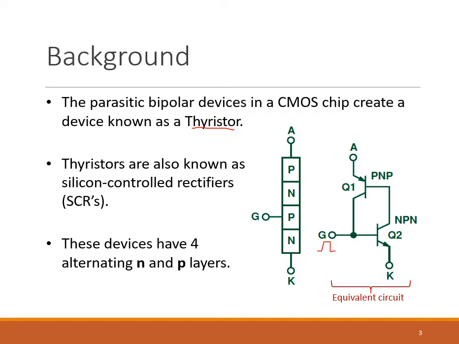When this pulse is applied, the transistor Q2 gets turned on. That will cause the current to flow through this transistor Q2. Due to this, the transistor Q1 gets turned on and the current flows through this transistor Q1. And again, this will cause triggering of transistor Q2, and in this way a latch is created between these two transistors Q1 and Q2, so the current flows continuously even after removal of this gate pulse.